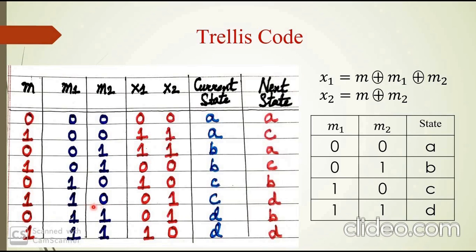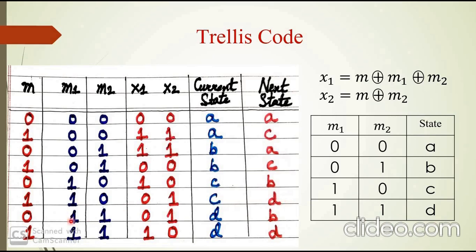So if current state is 1 0 and current input is 1 now, then next state will be 1 1. It means it will be in state D. 1 1 means state D. So next state will be D.